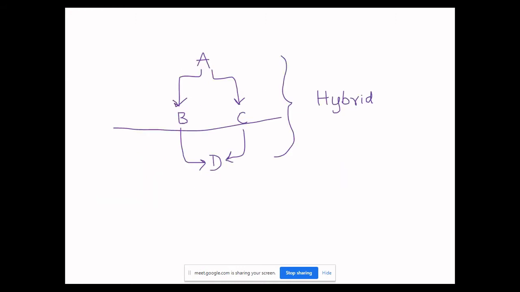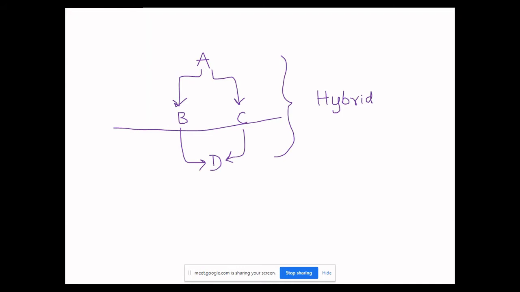And the last one is hybrid. So this diagram explains it better than the verbal explanation. There is one class which is inherited by 2 classes, and from these 2 classes you are writing a class definition by inheritance. Okay?